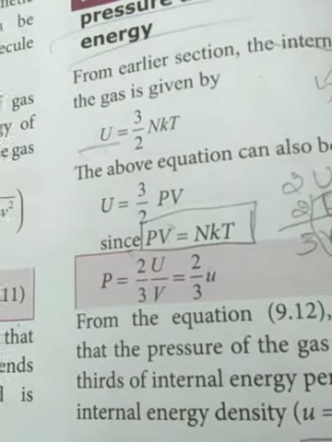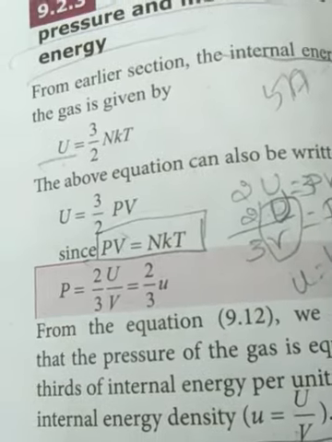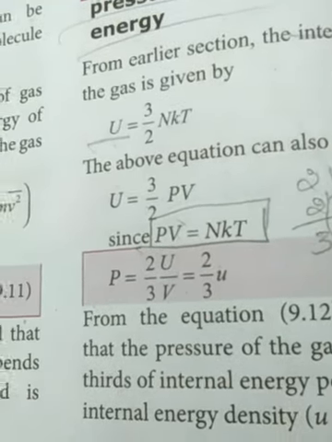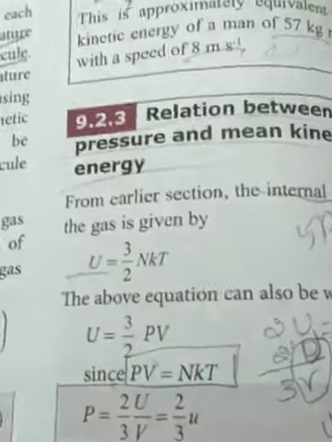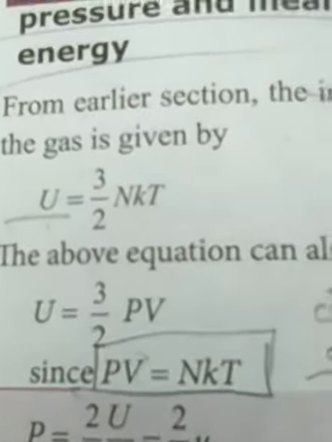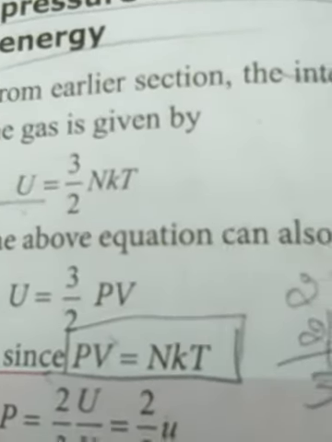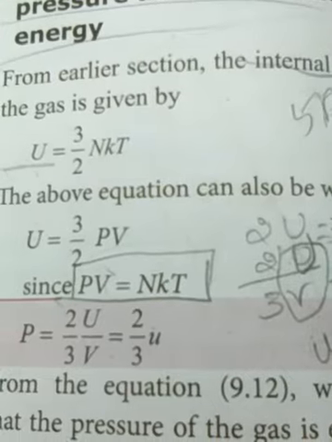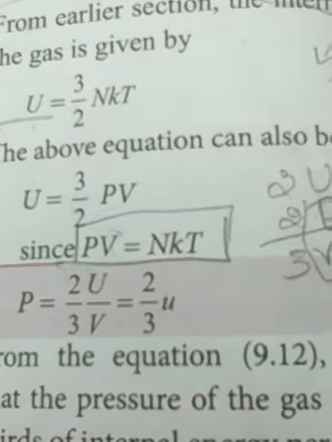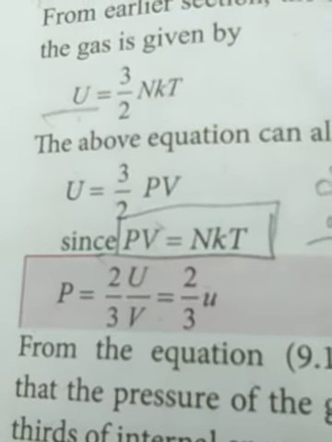So in the NkT we have already taken the ideal gas. For the ideal gas, NkT is taken as the pressure times volume, right? PV. Okay, so now we substitute for NkT. Since here we apply this formula, U equal to 3 by 2 PV. Next, that PV equal to U, PV you have to find out.